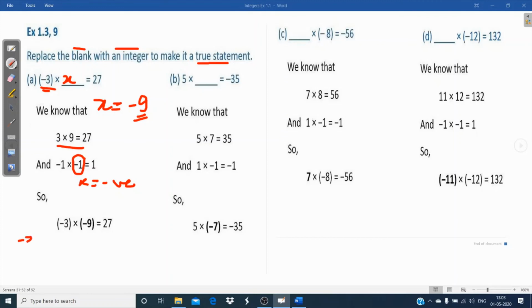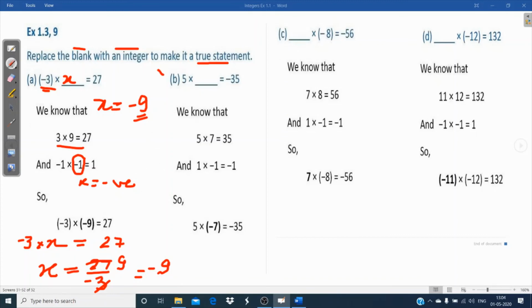Like minus 3, we have taken this unknown integer as x, so minus 3 times x is equal to 27. Now let this x stay here itself. Now with this x, minus 3 is in multiplication, so it will go in division. So 27 divided by minus 3. Now you can see this, student. 3 ones are 3, 3 nines are 27, and minus is also there. 9 by 1 means 9 only, and negative sign is there, means minus 9. So both ways are there.